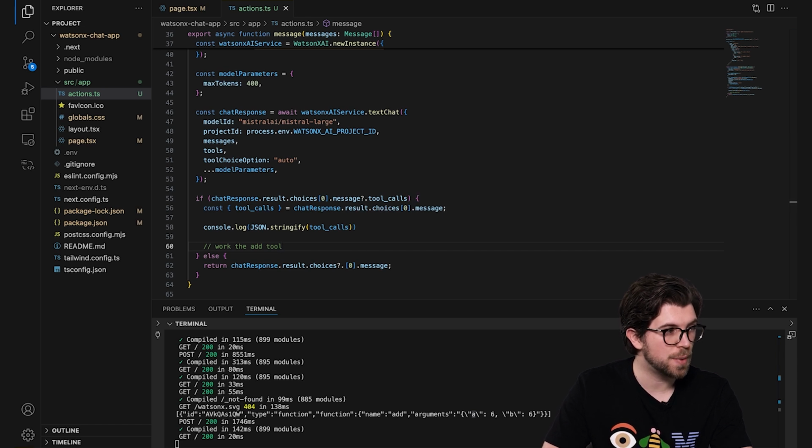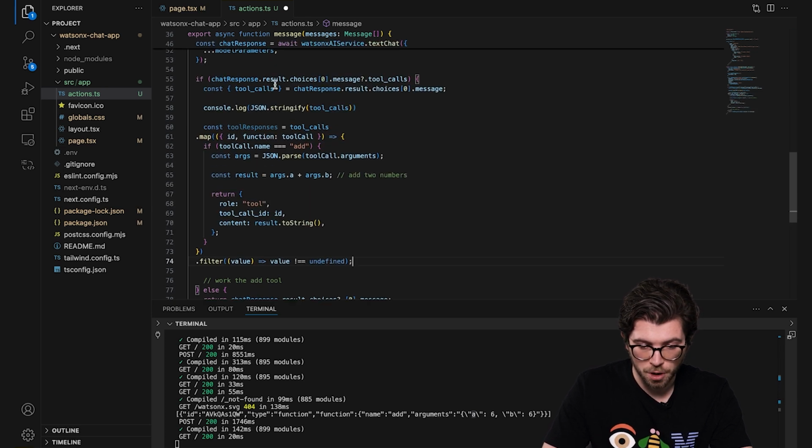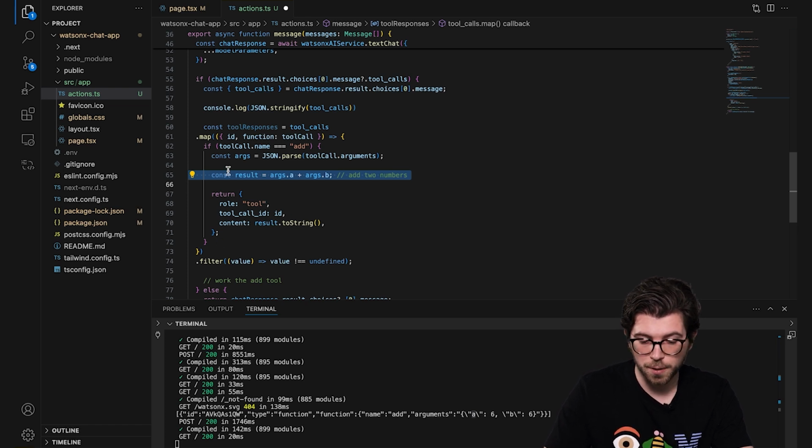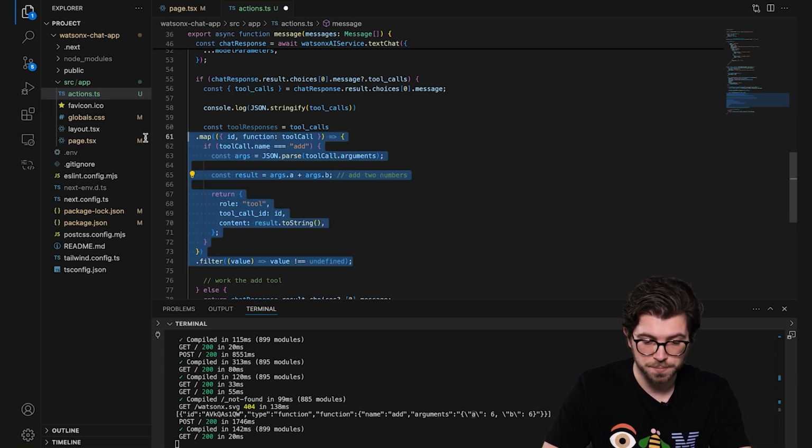For this, I'm first going to map over all the different tool calls. And I'm going to do this by taking the tool call response from the large language model, and I'm going to look for its ID, and then I'm also going to look for a function. I'm going to check for the name add, because I already know I have a tool called add, and then I'm going to look at the different arguments. So the arguments are a and b, which in the previous case were both 6. And I'm going to add these together in a final response, and this altogether will be my tool response. And the large language model is going to look at my tool response, and based on it, it's going to generate natural language that it's going to return to you in the application.